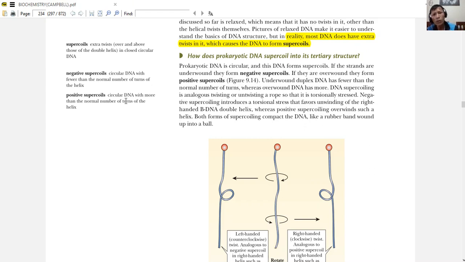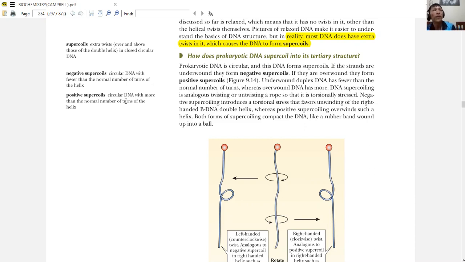Negative supercoils usually occur in bacteria, while positive supercoils occur in more complicated organisms. But anyway, supercoiling is an important subject if you want to talk about how DNA is copied from one cell to another, because if it is a solid DNA